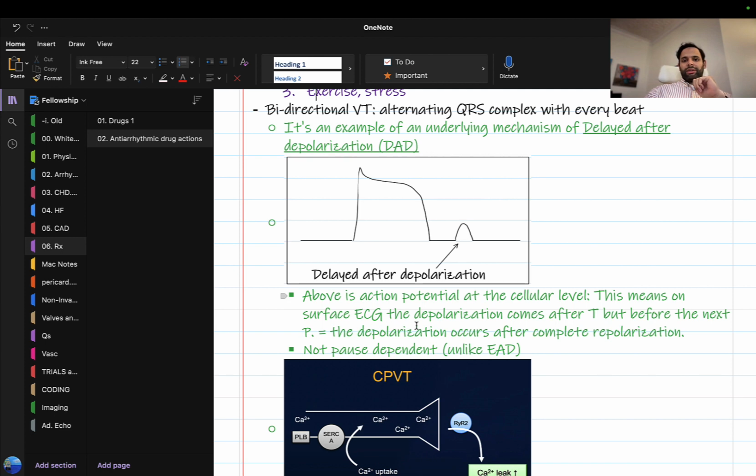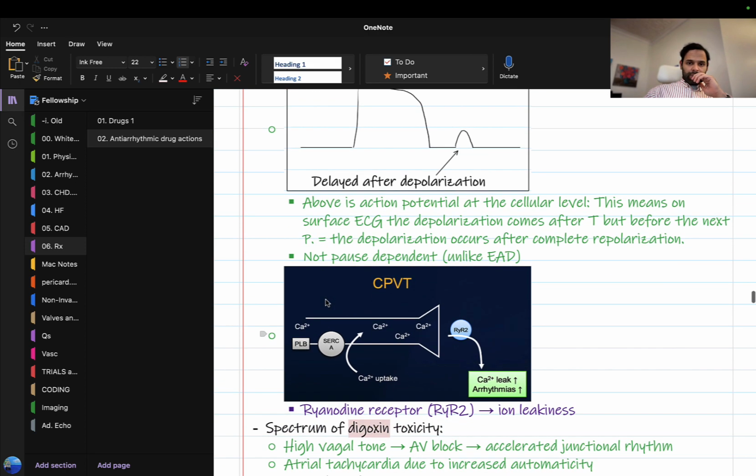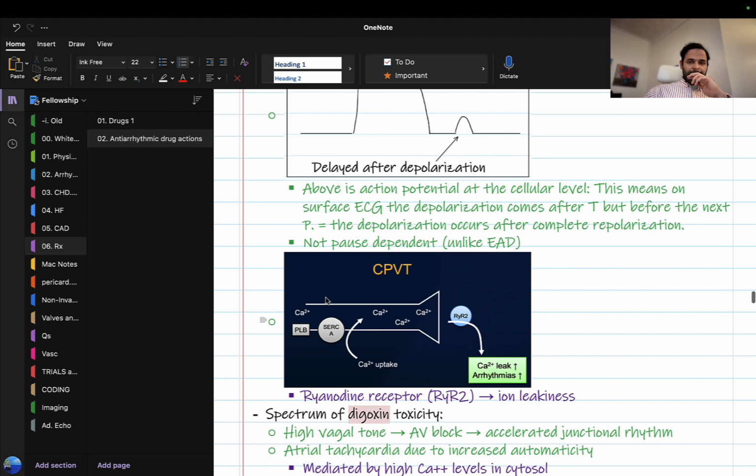So the depolarization occurs after complete repolarization. Hence, it's called delayed afterdepolarization. Okay. So the other thing is, unlike early afterdepolarization, it is not pause dependent. The CPVT mechanism, how it leaks, is because the ryanodine receptor is defective,